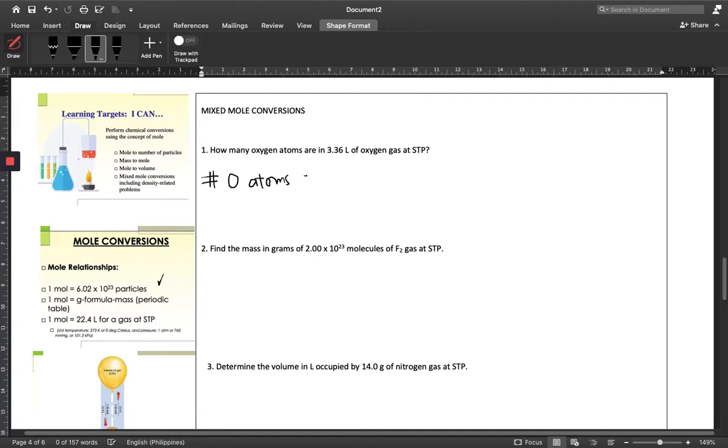is equal to, again, we start with what we have, 3.36 liters. And take note that oxygen gas exists as O2, a diatomic molecule, and that is how you know the formula O2 here. But we are asked to count how many atoms there are. So we provide the conversion factors that will tell us in which direction do